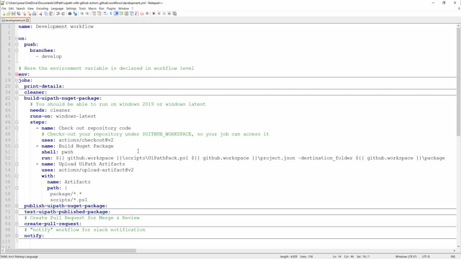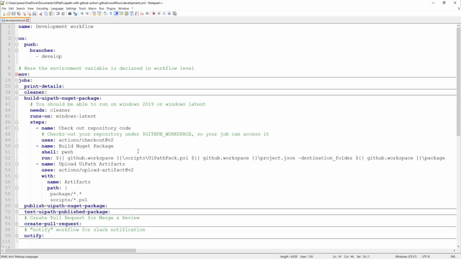So for this job, I am using windows-latest, and again it will be assigned to me at runtime by GitHub Actions. And that's the beauty of GitHub Actions, right? You don't need to create your own self-hosted runner. Everything is provided for free if you are using a public repository, right? Although there are some restrictions in terms of the number of operations you can perform, but still it's a very good option if you are setting up a CI/CD pipeline with limited resources, right?